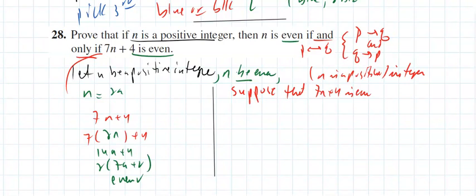Right? We want to show that n is even. Well, how are we going to show that? Suppose this is true, and then assume